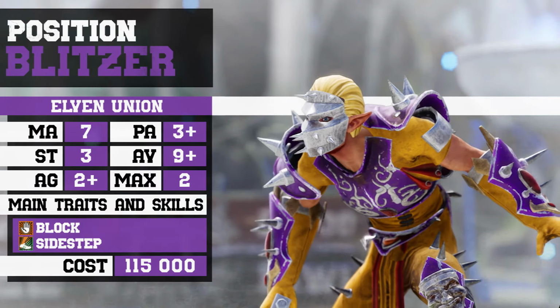From the outset, each member of your team, except for the lineman, boasts several traits and skills that can give you the edge over your opponents. Let's take a moment to analyze them. The throwers have the pass skill that enables them to re-roll a failed passing ability test. The catchers have 2 skills. The catch skill, which lets them re-roll a failed agility test when catching the ball,